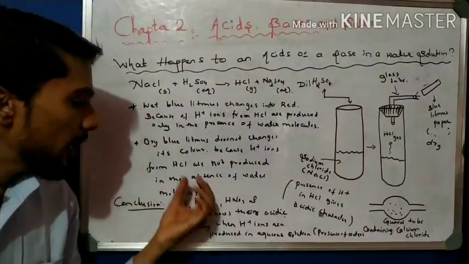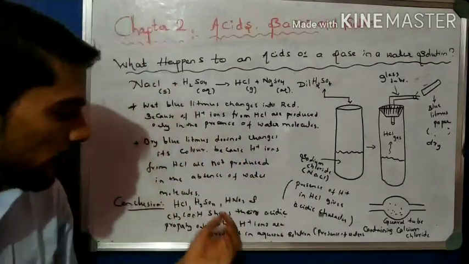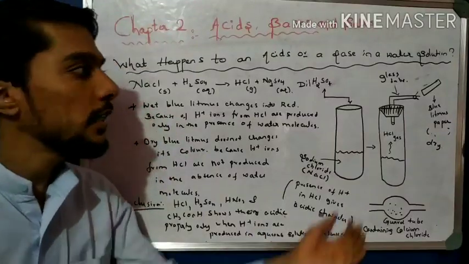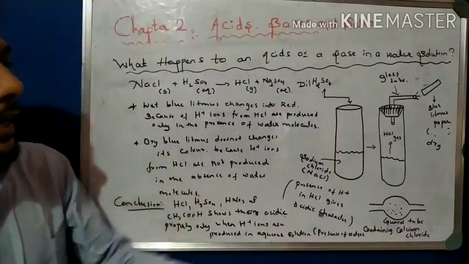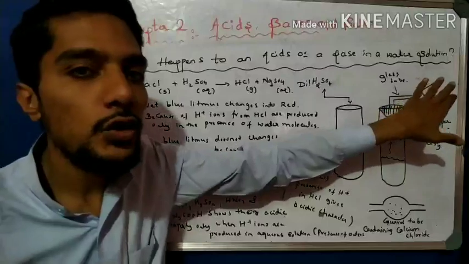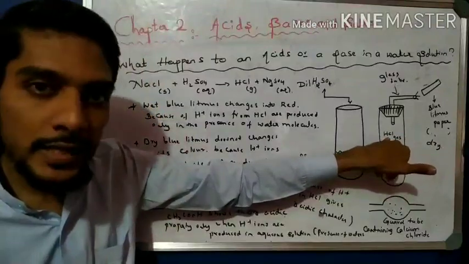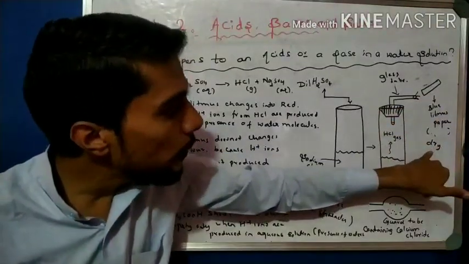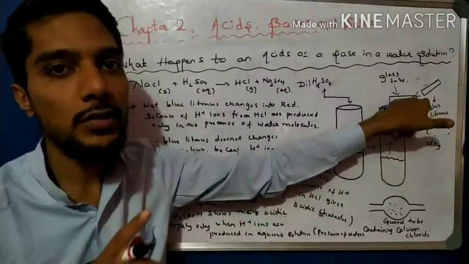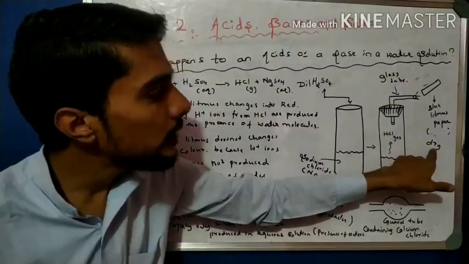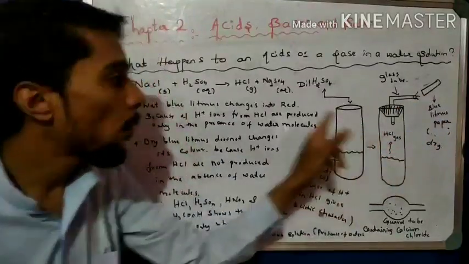Why do HCl, H2SO4 and HNO3 show acidic property? Why are they considered acidic? Because they produce H plus ions in the aqueous solution, in the presence of water only. So this experiment proves that statement, right? If I take dry litmus paper, no change in color means it is not recognized as acidic. If it is recognized as acidic, the color will change. So the change of color depends on the H plus ions. If H plus ions are not produced in dry conditions, there is no change. If H plus ions are produced, there is a change in color, when water is present.